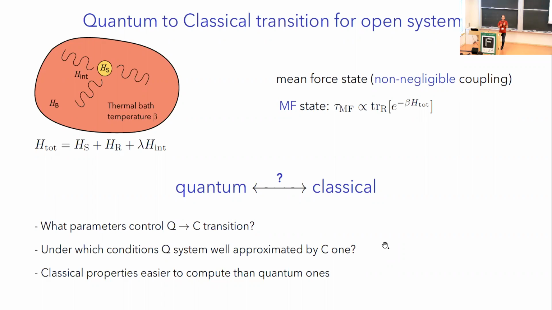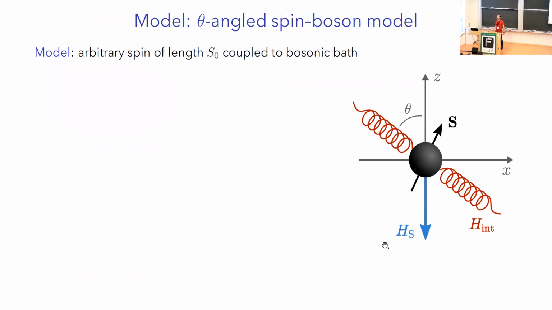So, understanding which parameters control this transition can be very insightful. Since I will try to do quite a quantitative analysis of these questions, I will look at a specific model. The model I'll be looking at is a spin of arbitrary length that is coupled to a bosonic bath. So the total Hamiltonian is the Hamiltonian of the system, which is